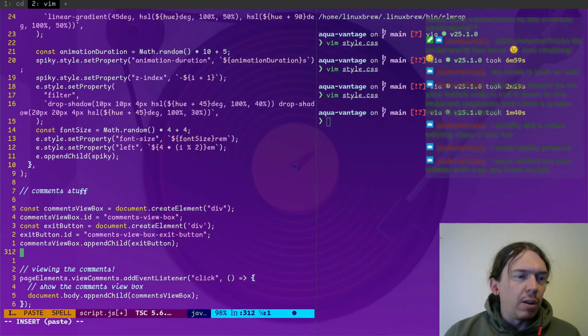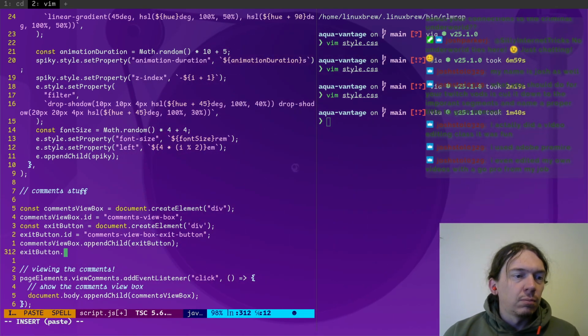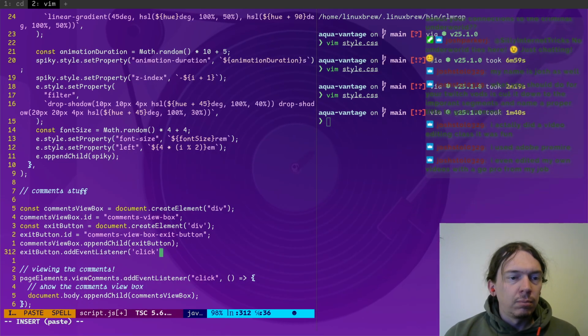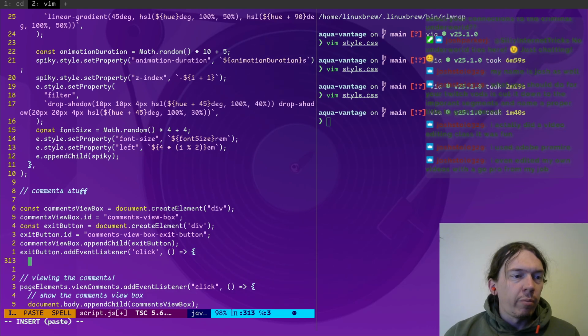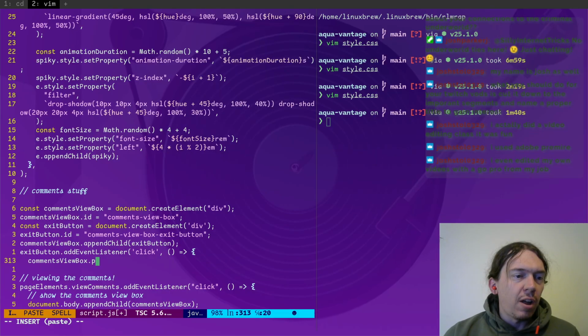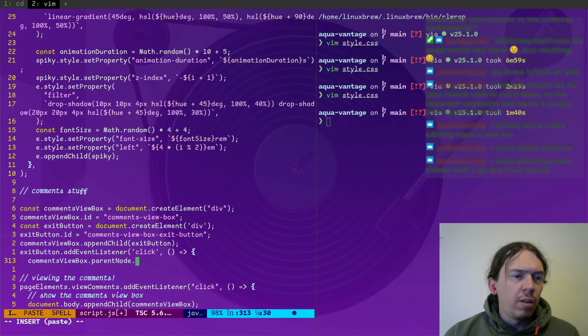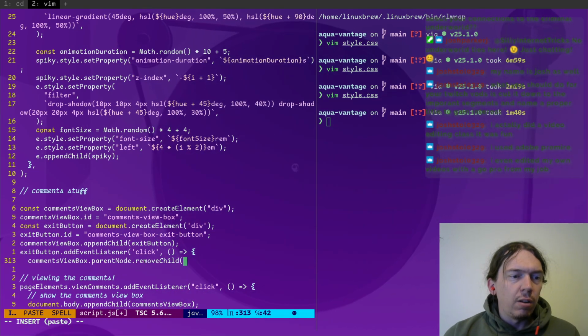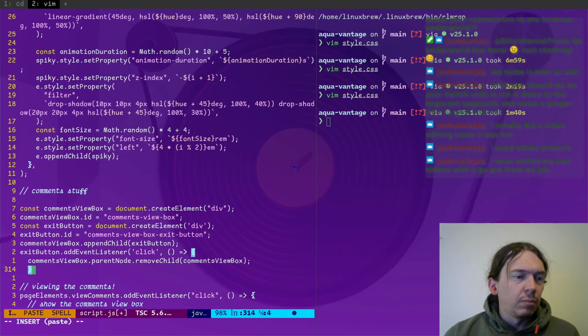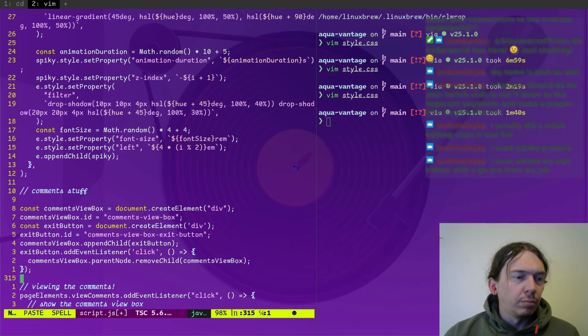So then the exit button, it will say comment view box dot parent node dot remove child comments. That's it. I think.